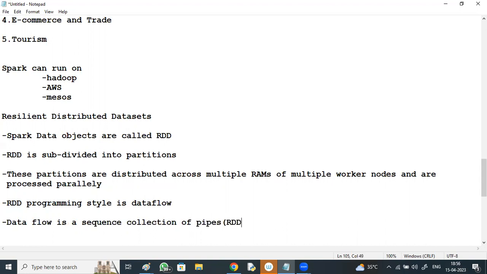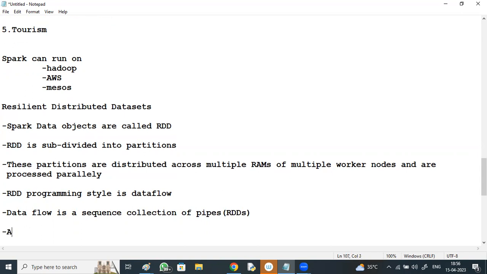Pipes are nothing but RDDs. At each pipe, that is at each RDD, data flow is a sequence collection of pipes.